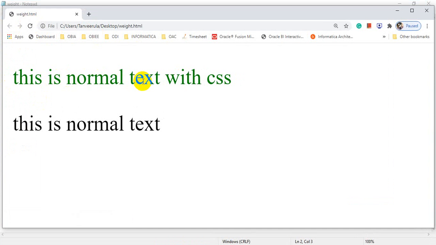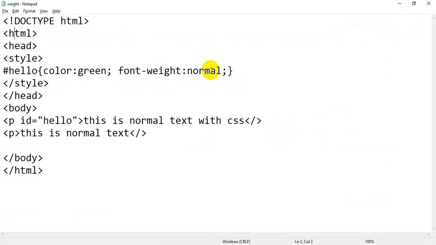Now you can assign bold also. Instead of giving any number, you can put a value like bold. As we know, what is the bold value? Bold value is 700. 100 is lighter, 400 is normal, 700 is bold, and 900 is boldest.